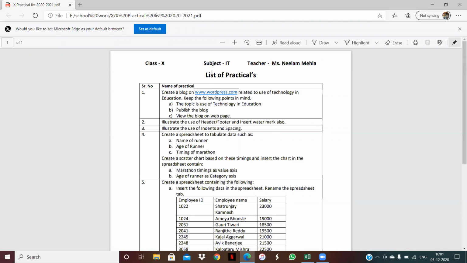Today we shall start the discussion on practicals. Here, let's start with practical number one. Create a blog on www.wordpress.com related to the use of technology in education and keep the following points in mind. The topic is use of technology in education, then publish the blog and then view the blog on a web